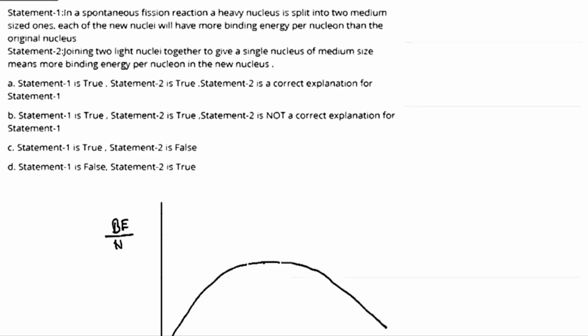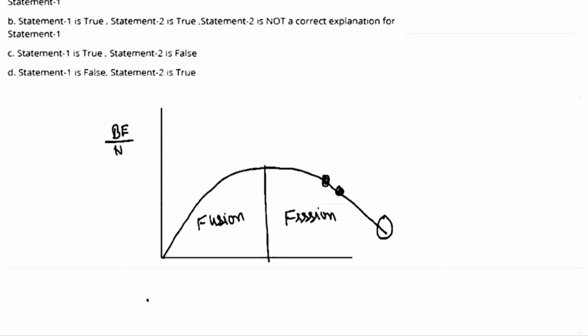So from here, this is fusion, and this is fission. So we can see that when the heavy nuclei break and convert into two small nuclei, this clear? Now we can see that when the parent nucleus breaks into two daughter nuclei,